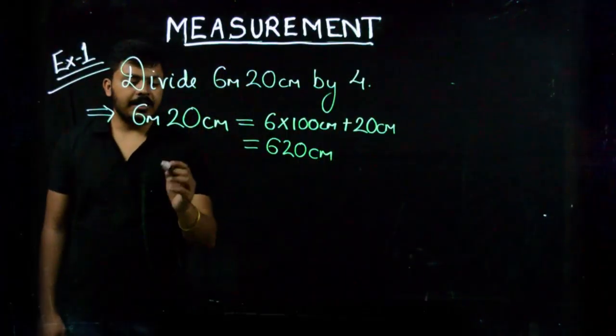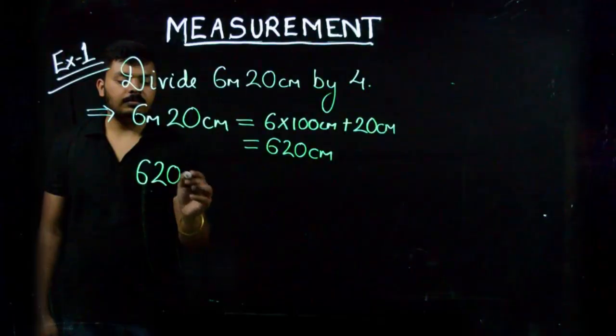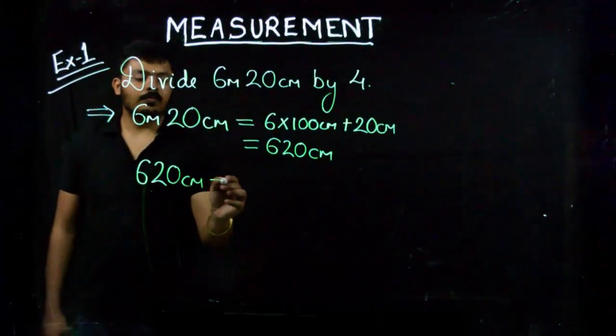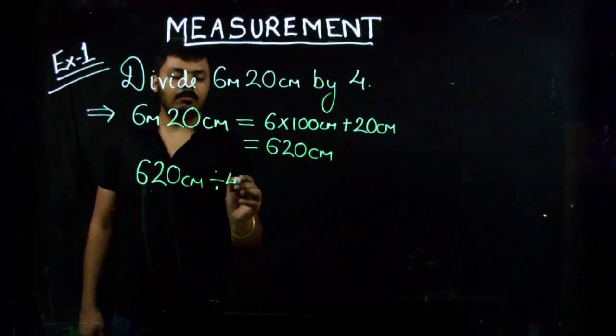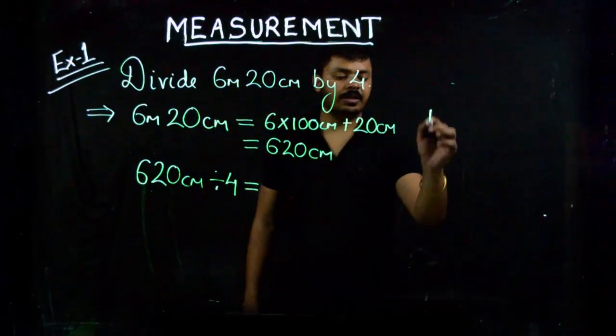Now dividing 620 centimeter by 4 is equal to, so let's do division here,